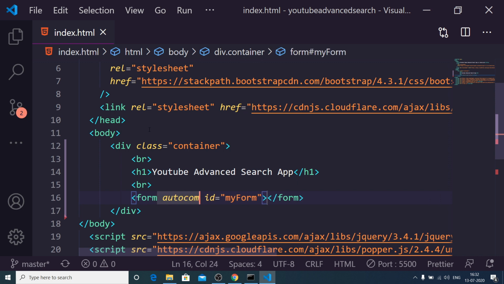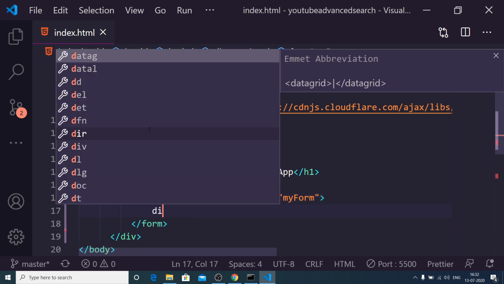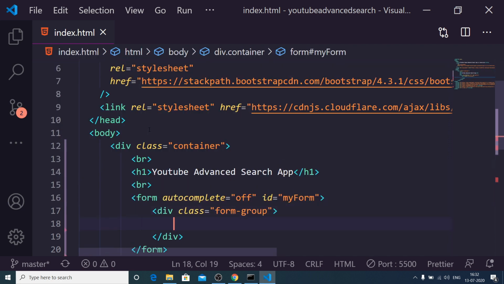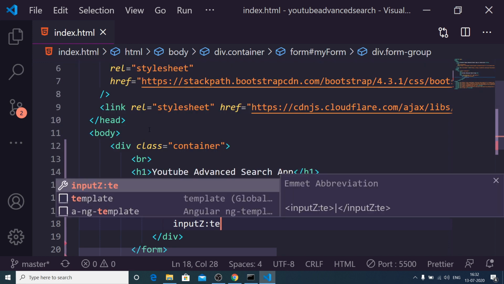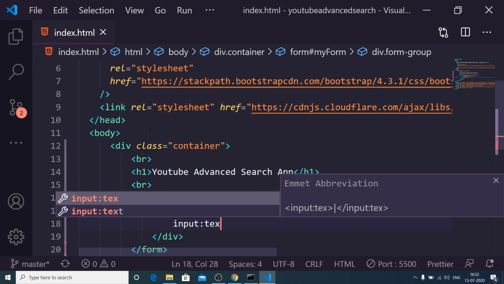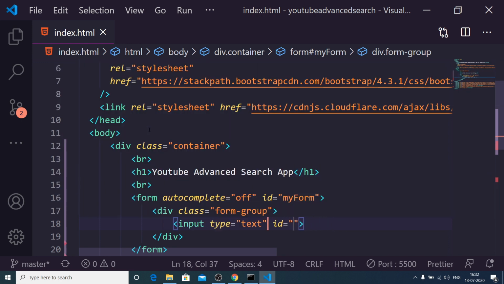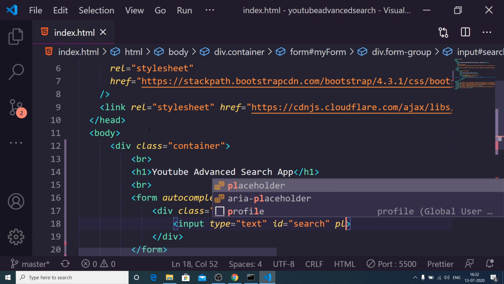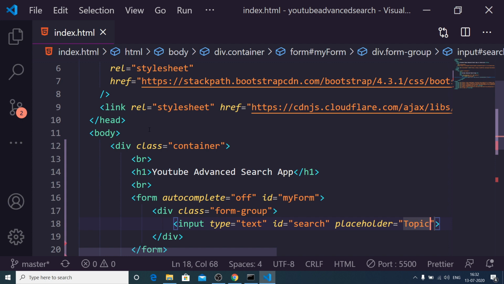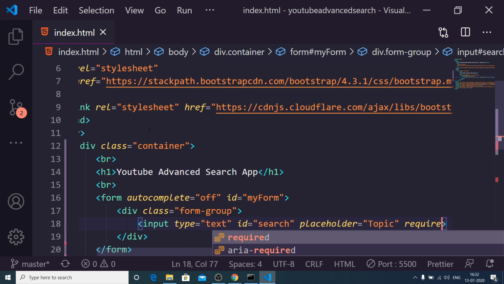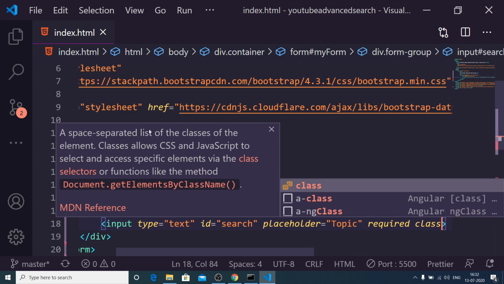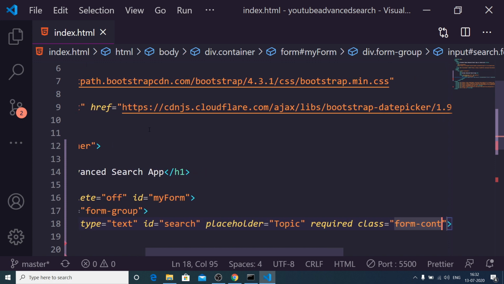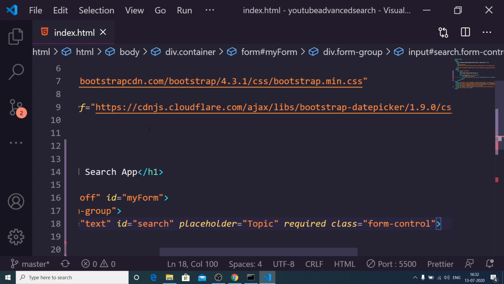Just give this attribute autocomplete to off, and inside this form we will have a simple input field of type text. We will be giving an ID to it of search, and the placeholder will be simply topic, and it should be required for the validation. And we will be giving a class to it of form-control. This is a Bootstrap class.